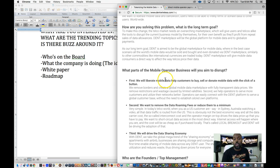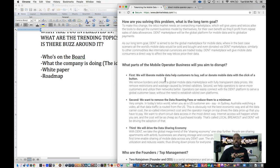First, we will liberate mobile data, help customers to buy, sell, or donate mobile data with the click of a button. Second, we want to remove the data roaming fees or reduce them to a minimum. Now, here's where I really got excited. I really got excited because I think about the fact that I travel with,